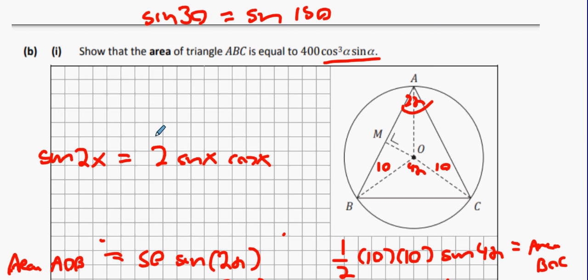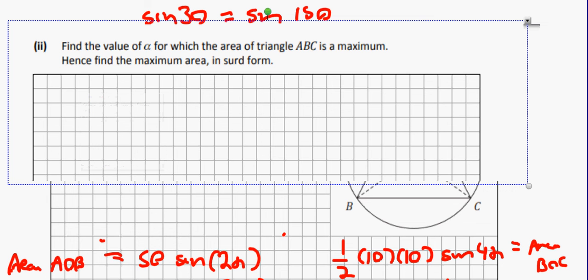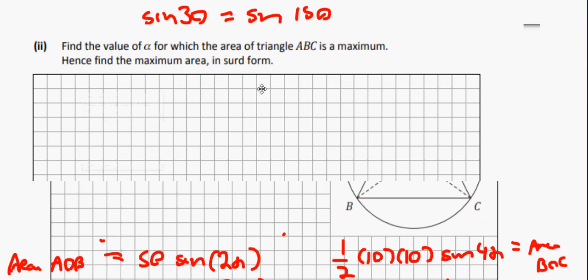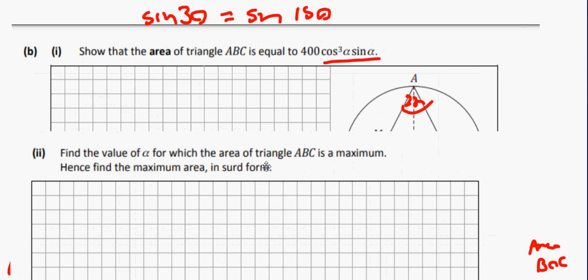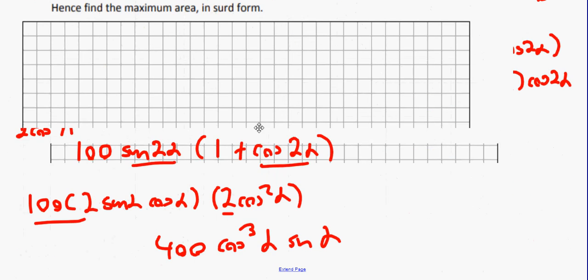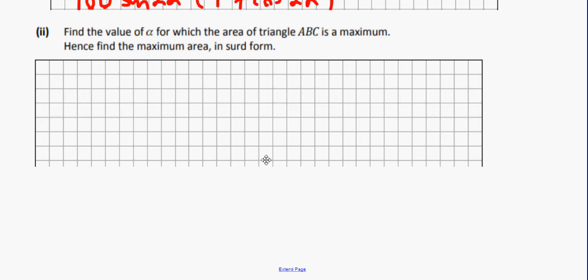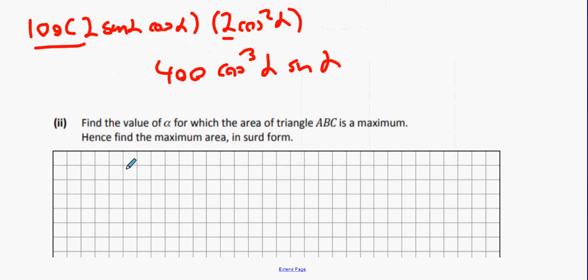Okay, let's see what else there is here. Now, interesting thing here is find the value of alpha for which the area of triangle ABC is maximum. Hence find the maximum area in surd form. So once again, we have our formula, and you didn't need to be able to do the last part to do this, because once again it was a proved question. So area